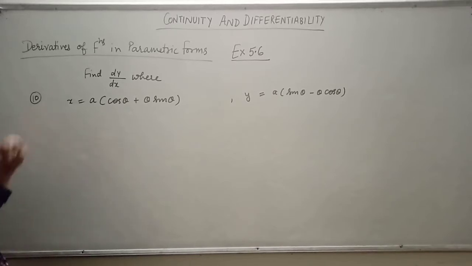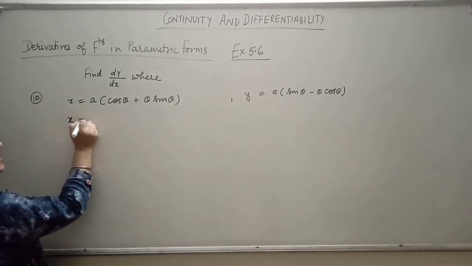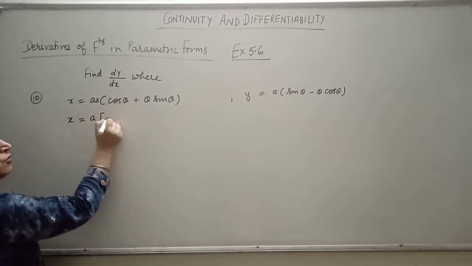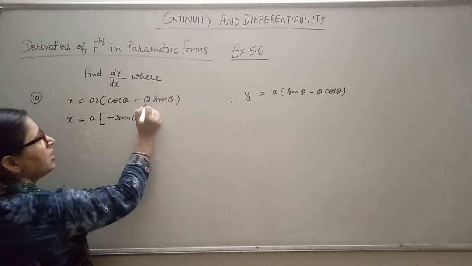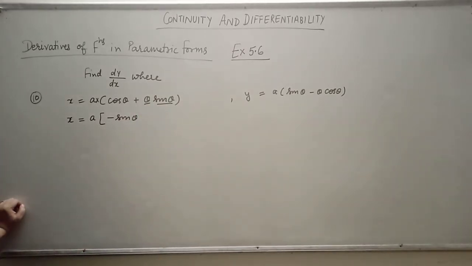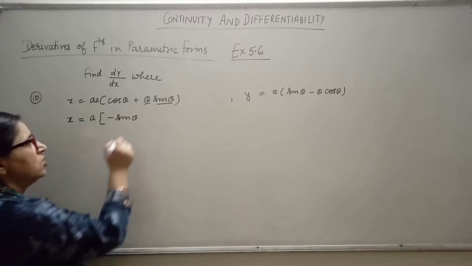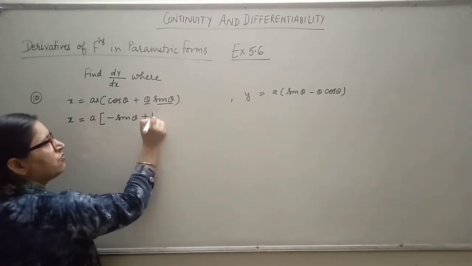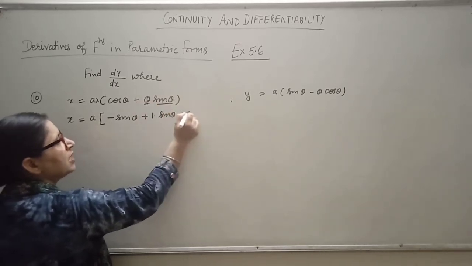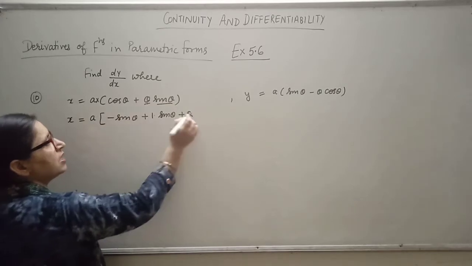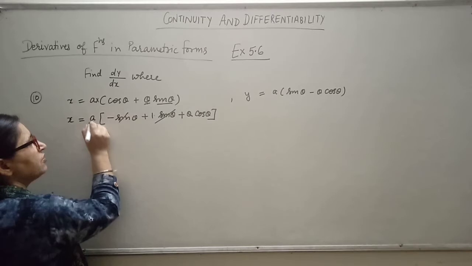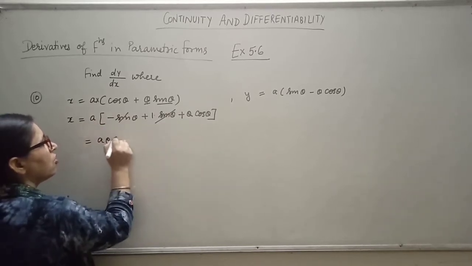And students, now question number 10. This is x is equal to a, because a is in multiplication, write it down as it is. Derivative of cos θ is minus sin θ. And here you can see two functions are in multiplication, so product rule will be applied. So what is the derivative of θ? 1. sin θ will be written as it is, plus θ will be written as it is. What is the derivative of sin θ? That is cos θ. This is cancelled, so you are left with a θ cos θ.